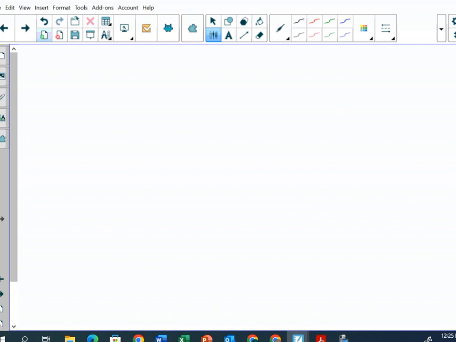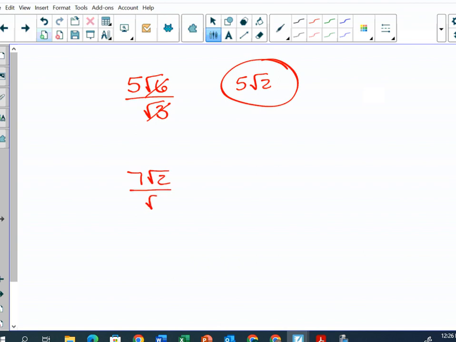Let's say you had something like 5 root 6 over root 3. Oh, it's got a blank screen. That's weird. Okay, now it's coming. Usually it goes away. There we go. All right, if I have that, do I need to rationalize this? What could I do instead? Divide, and you just have 5 root 2. Or if you had something like 7 root 2 over root 2,